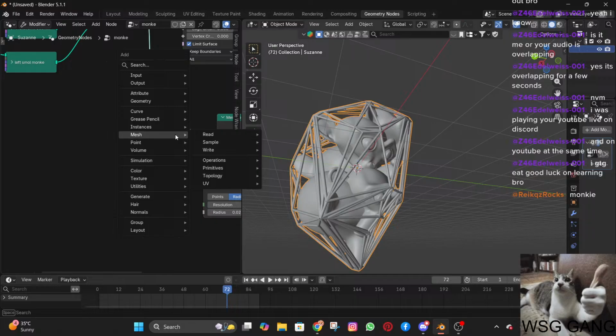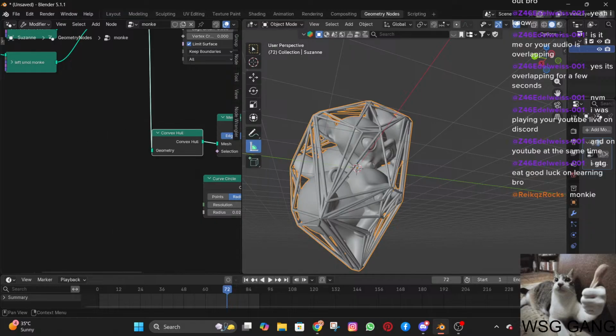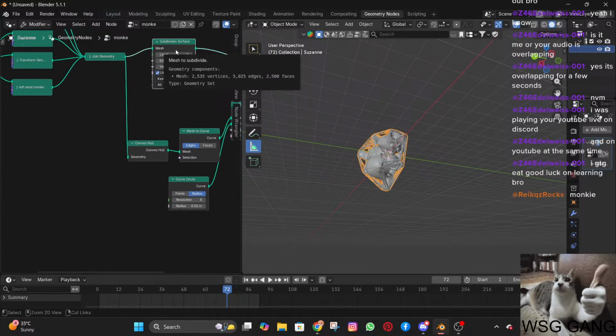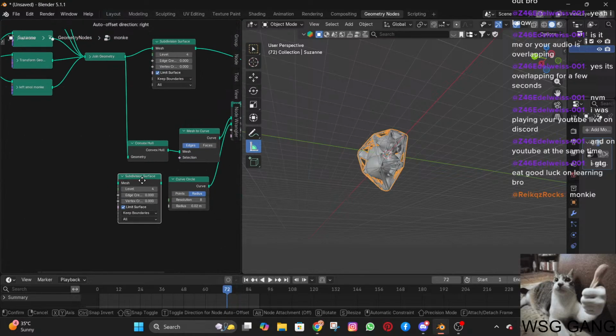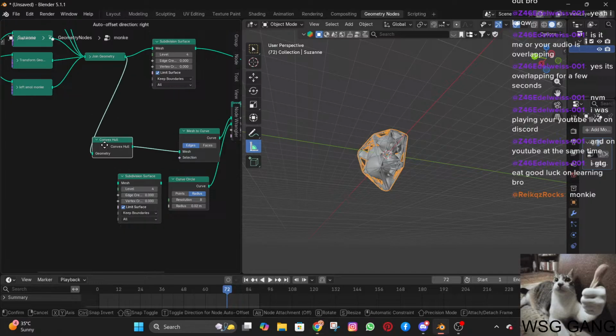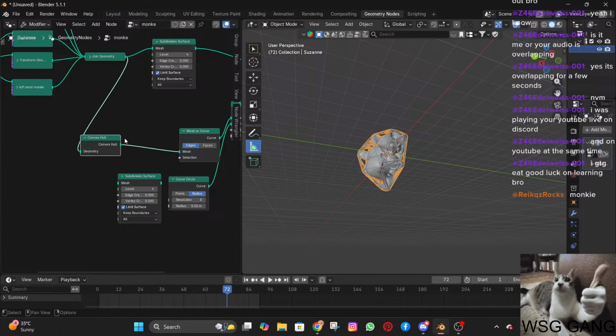So you can simply duplicate this one and keep in mind where we plug this. Since we want this subdivision surface to subdivide this convex hull, which later converts into wire, we'll have to plug this over here,